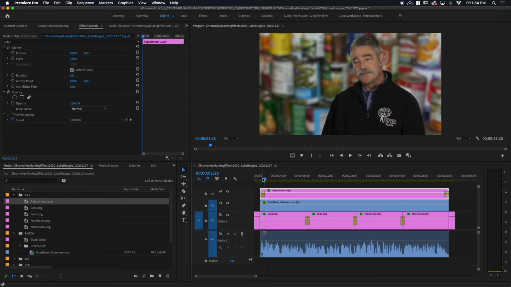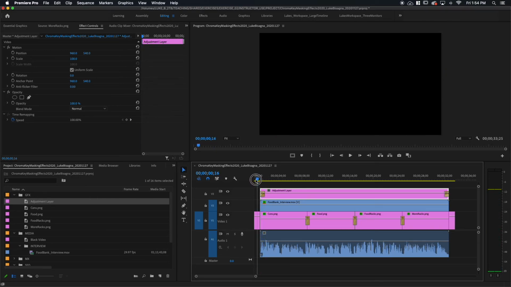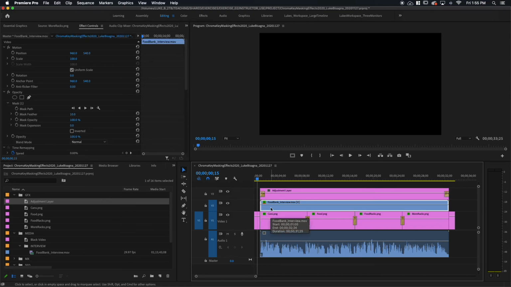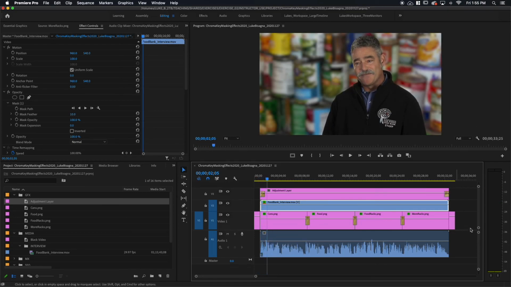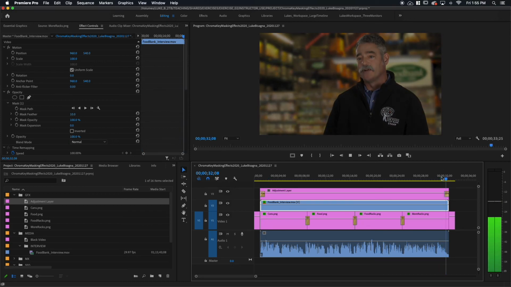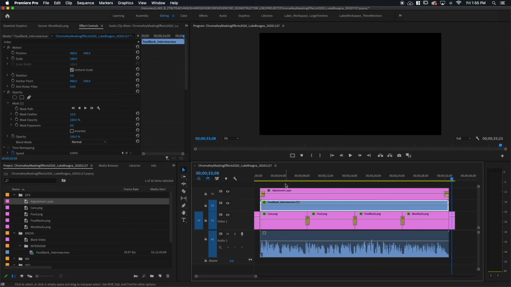Clean. Looks really good because the adjustment layer affects everything below it simultaneously with the same value. The problem with doing it the other way is that Premiere processes each of these clips individually, not as one thing. So you get different fade values on each one, and that's why you could see the mask and it looked funky. Using an adjustment layer, it affects everything below it as one thing, so it's nice and clean. Boom, fade down, same thing. Looks great. All right, my friends.